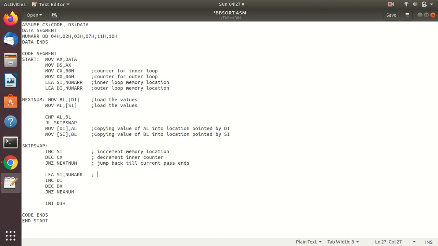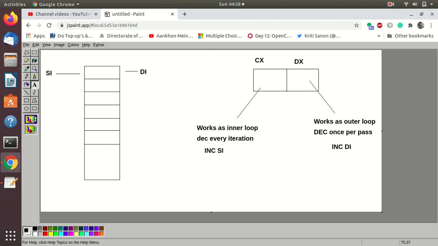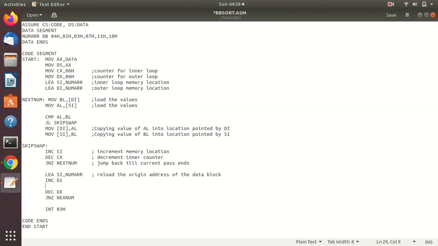Okay, if there's anything wrong, we'll have to figure it out. Reload the origin address, the data block. Okay, we forgot one step actually, sorry. So here what you need to do is load the count again, as I said earlier. See, in this diagram I had drawn somewhere. So what you need to do is move CX comma 05h.